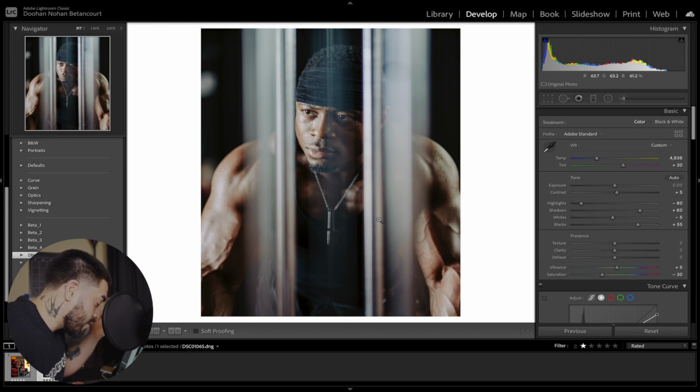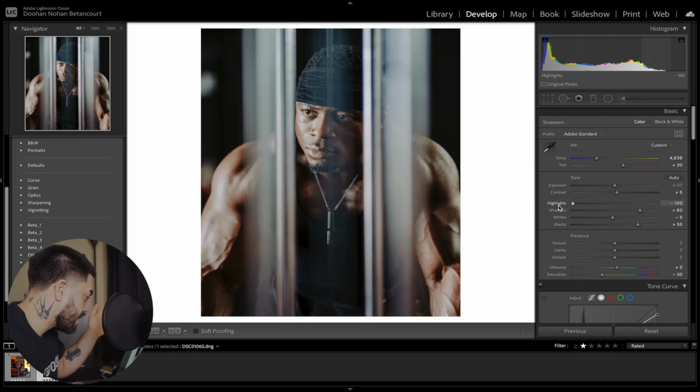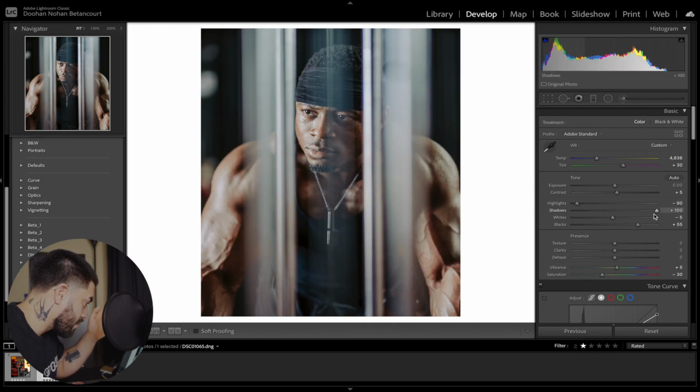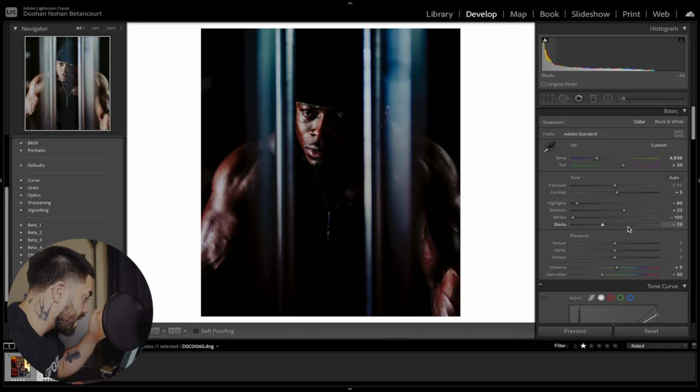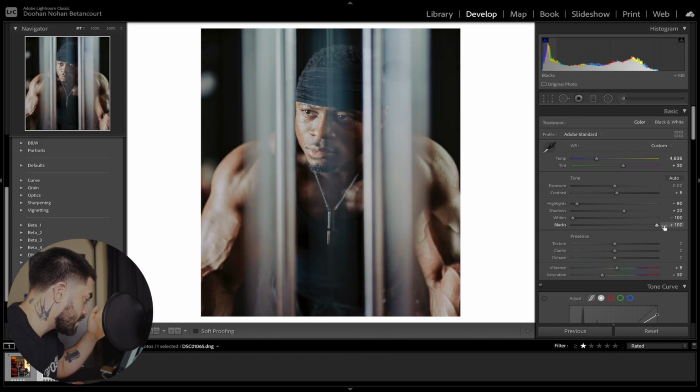Boom. So with this, I can already tell I want to change the highlights. I feel like the highlights are very, very loud in this, and maybe bring down the shadows just a tad too. Same with the whites, and then maybe bring up the blacks just a little bit, and that is good.